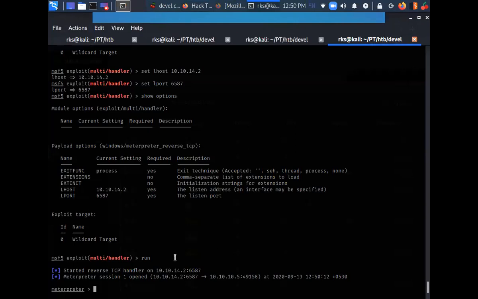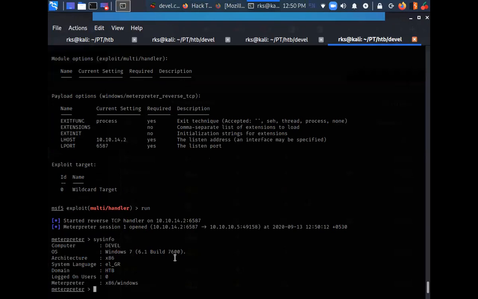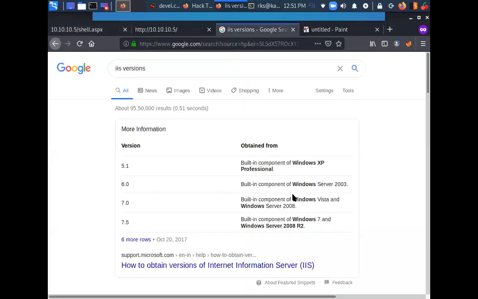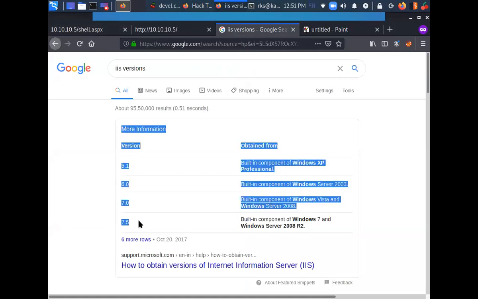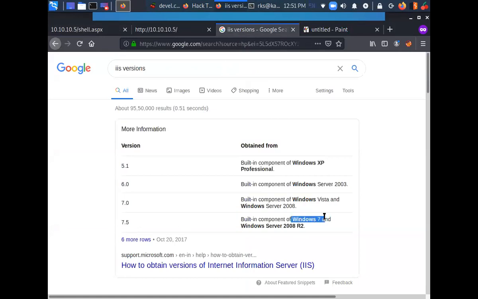Let's get back here and do sysinfo and confirm the target operating system. First of all, it is Windows 7, so the guess that we made was right. So Nmap was telling us the right IIS version.